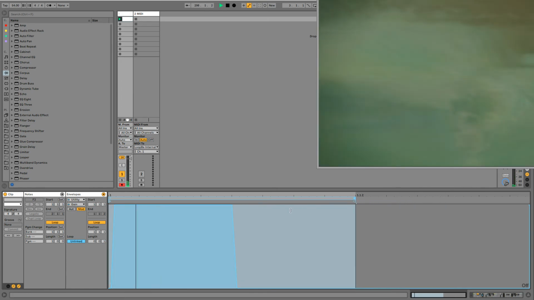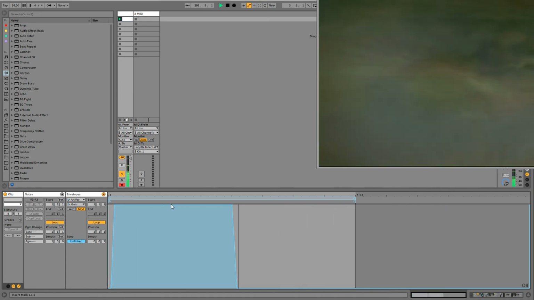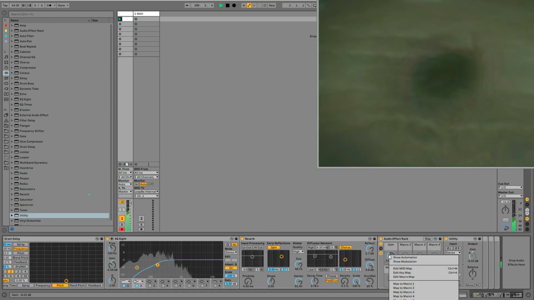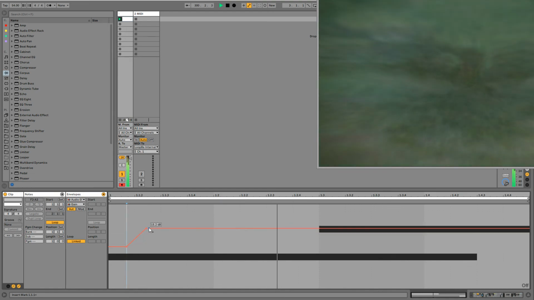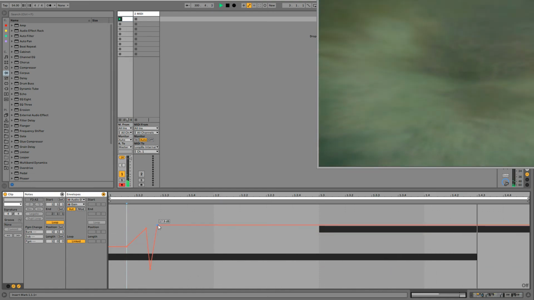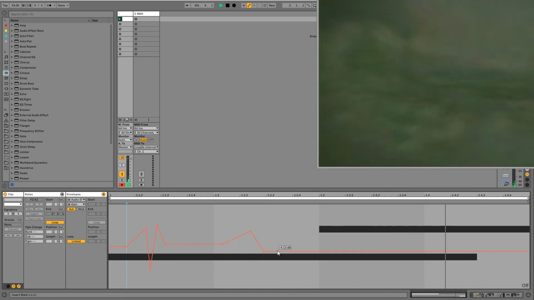And if I want to speed it up, and now I can automate this thing. And all three are working together.